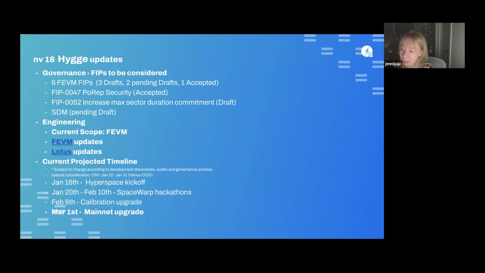Since then, within the core dev, we have been making some trade-offs and analyzing the timeline. Before the holiday, we were at a soft consensus that we would have a February upgrade that's only about FEVM. But since then, the FEVM team has been writing a lot of the FIPs and doing a lot of engineering development. And after coming back from the holiday, when we reanalyzed the progress and all the timeline dependencies,